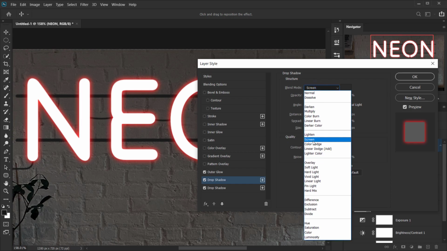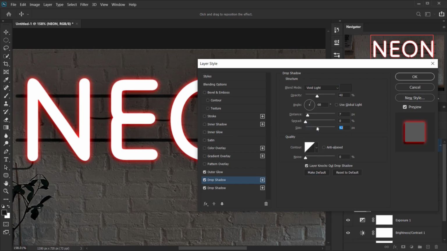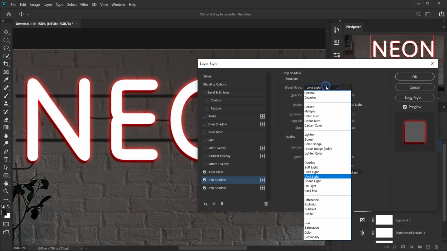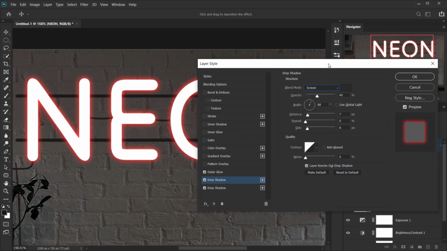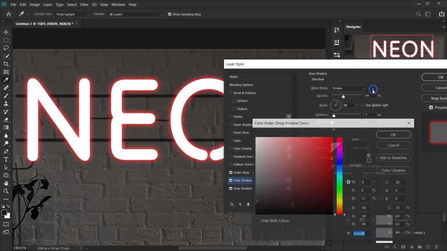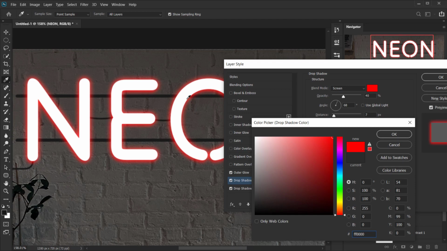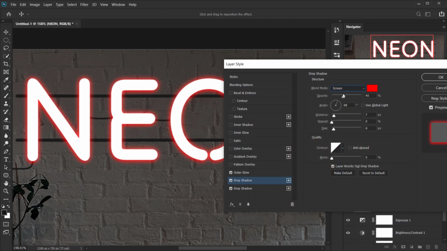I mean, you can use screen or linear light or vivid light, actually, also sometimes it works, but for this one we're gonna stick with the screen because I think it will look better in the screen. And let's change the color to match the red, and let's press OK and put back the opacity to like 70% or 80%. Yeah, like that. And then we're gonna play with, let's actually put 0% in the distance and play with the spread. And as you can see, while I'm playing with the spread,